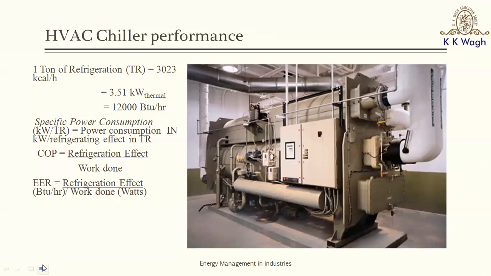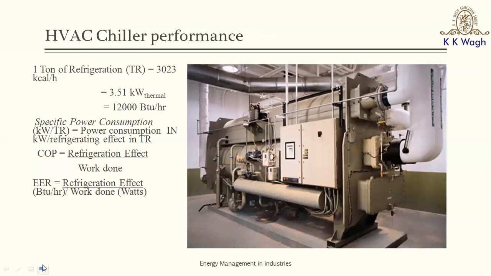In SI units, for example, if a chiller is able to remove 3.5 kilojoules of heat every second, or 3.5 kilowatts, it means the capacity is 1 ton or 1 TR. In British thermal units, that comes to about 12,000 BTU per hour. So any chiller of capacity 1 TR would be equivalent to 12,000 BTU of heat removal per hour, or 3.51 kilojoules of heat removal per second. This is one unit we need to be understanding a bit.